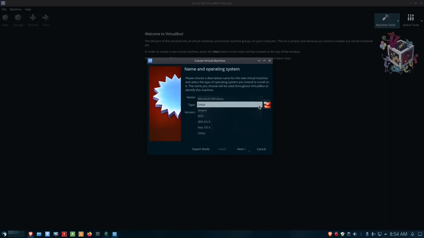Now, you can install things other than Linux. You can install in your VirtualBox Solaris, BSD, which is a Berkeley Software Distribution of Unix, IBM OS/2. I haven't seen that in a long time. Mac OS X and any other. Okay, so it by default is sitting on Linux, and so let's go ahead and put in Ubuntu,